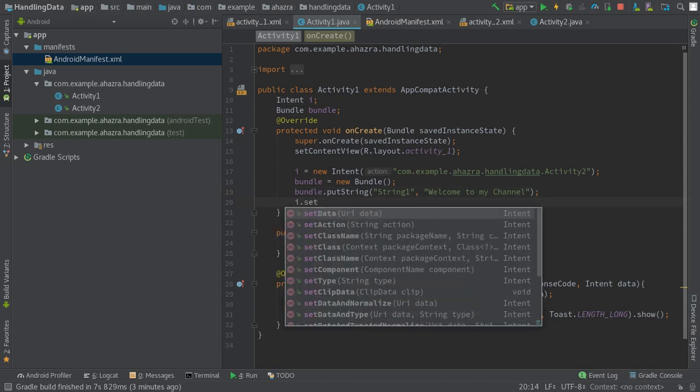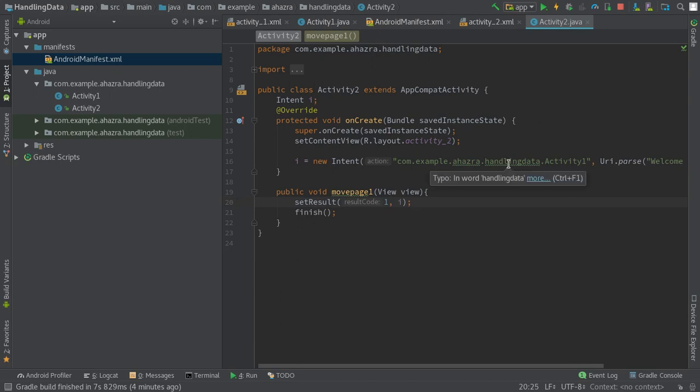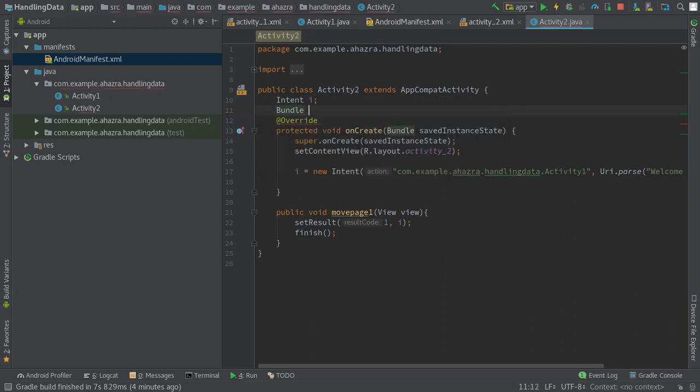So then I would like to pass, my friends, put this bundle into the extras component of that intent object by passing the bundle object. Okay, so now your extras component is populated by the bundle object, so you can display it from activity to activity with a toast component. So I'd like to display these strings here. So let's create a bundle object